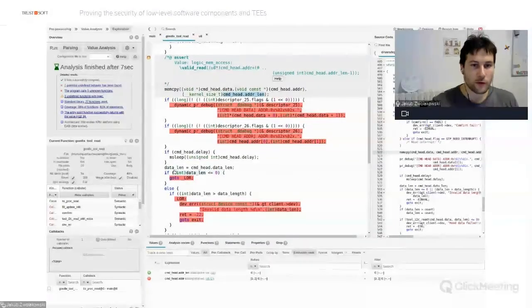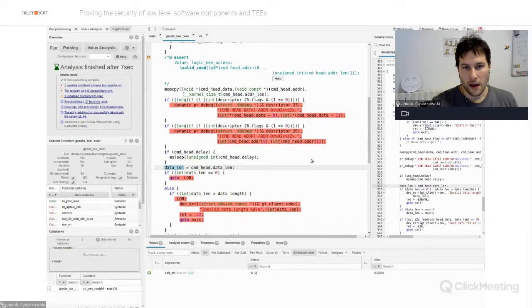Just for comparison, let's see what a precise value looks like. If I click on data_len and this particular line where an assignment is going on, I can see that this is a U16 value, and before this assignment, its value is 0. After, the value is 256. So this is a very precise value, just one possibility here.